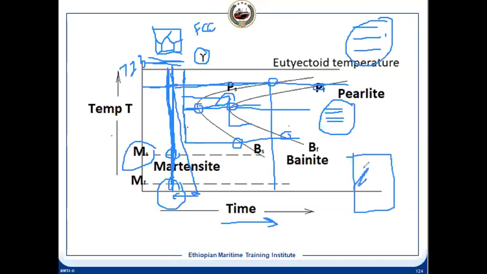Carbon makes it harder. So once we are doing the quenching, we are not giving much time. So what will happen? There will be needle-like structure, and there will be pearlite. This is gamma, and this is the pearlite, that is alpha, and there will be cementite. Cementite means Fe3C. Because of this needle-like structure, we are not giving time to diffuse. Otherwise, if you give time, it will become pearlite. But you are not giving, so it will become a very hard structure.